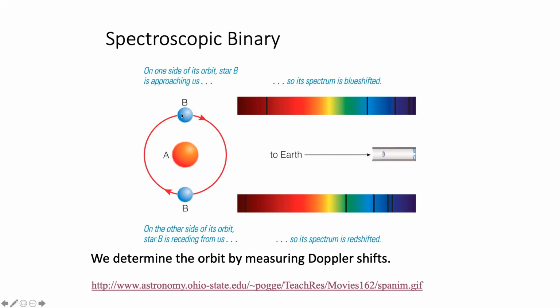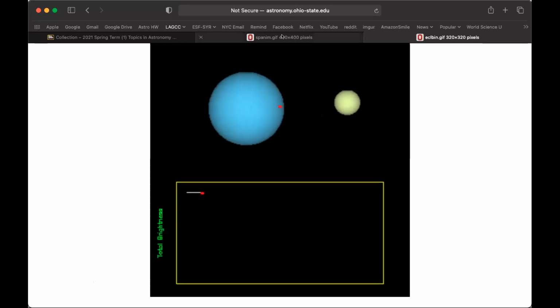We can track the light and the spectrum of the light that's coming from star B and star A, if star A happened to wobble also. This is very similar to the wobble method for detecting an exoplanet, except we're using it with stars here. We're using Doppler shifting to basically measure how fast the stars are orbiting each other. And from that, we can get information about their masses. I'll show you another short GIF, which is on a different tab in this window. Here we go.